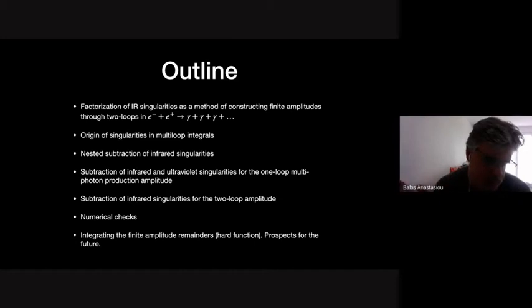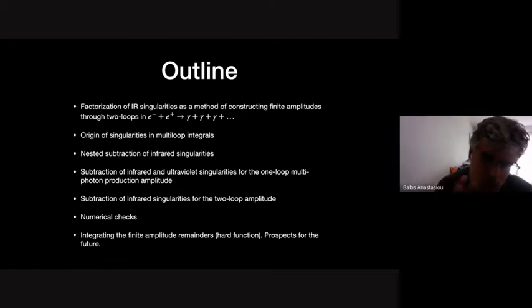So we started with a process and not full QCD. We just started with QED. And the process is Z plus e minus to many photons. The aim was to see if we can make subtractions for all of these amplitudes, irrespectively of the number of photons in the final state.